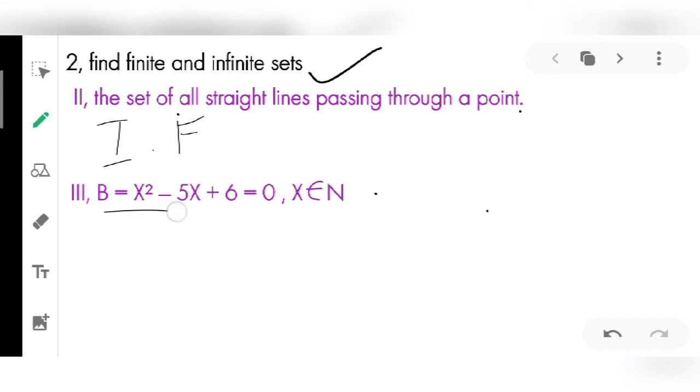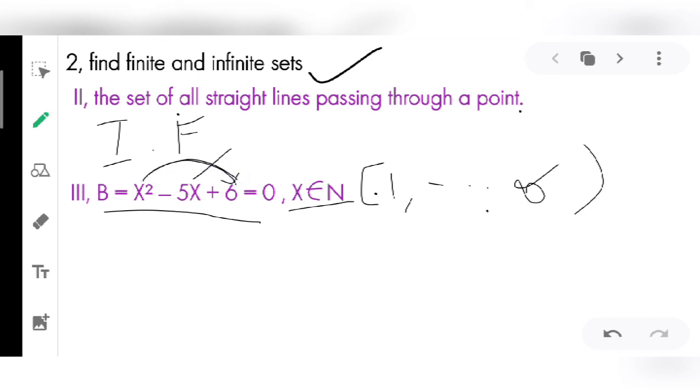Secondly, we are given the equation x square minus 5x plus 6 equal to 0, and x must contain only the natural numbers, which is 1 to infinity. So we are taking the factors of this quadratic equation. First we have to multiply, which gives the value as 6x square. Okay students. Now we have to get minus 5x from this 6.